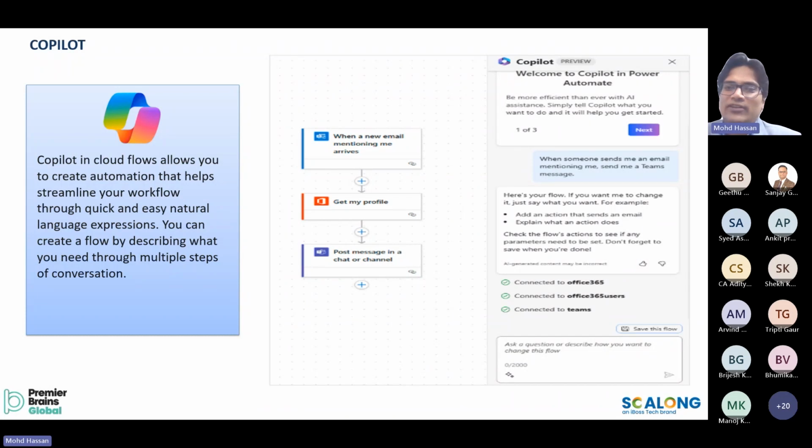So up till now we have seen that Power Automate or Power BI is not something that is challenging. It is mostly UI based. We can drag and drop, we can connect different applications, and on the basis of those connections, we can simply create our own Power BI dashboards or Power Automate flows.